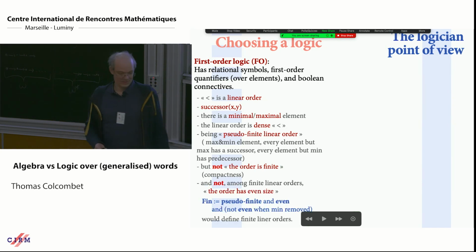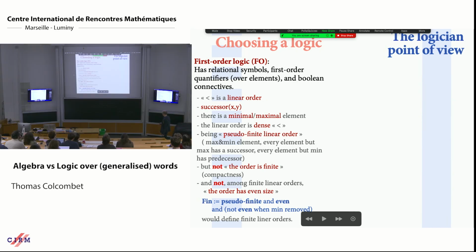And which is maybe not, well, I've never seen this very simple argument, but you can also deduce, for instance, that among the finite linear orders which you can express, you cannot express in first order logic that you are of even size. So usually it's done using Ehrenfeucht-Fraïssé, but in fact you can see it as a consequence of this, because you could say something like, I am pseudo-finite, which you can do. I'm assuming that I have a formula that separates, inside finite linear orders, the ones that are finite from the ones that are not finite. I call it, the ones that have even size from the ones that have odd size.